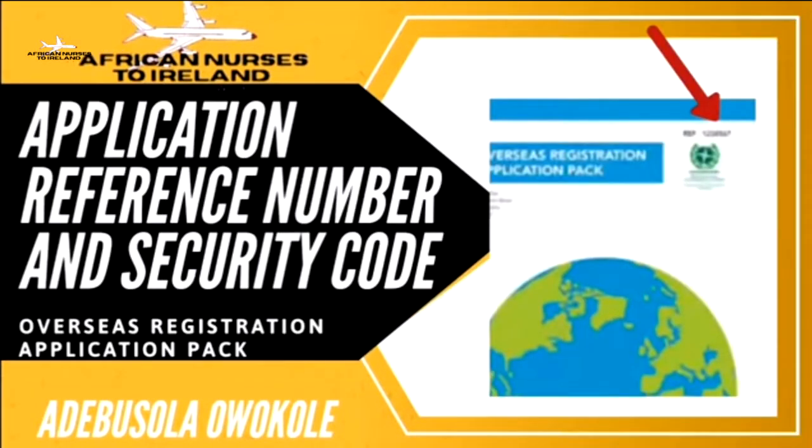Whatever way NMBI chooses to send you your application pack, either by email or by post, you're going to receive a reference number and a security code. I'm showing you guys where the code is going to be found. It's on the right hand corner of the package. If you follow the red arrow showing on your screen, you're going to see the reference number, and you need to ensure that this reference number is used in all your communications and